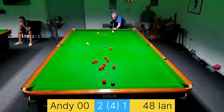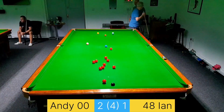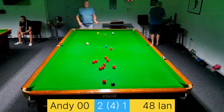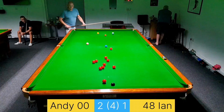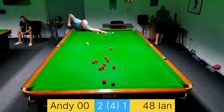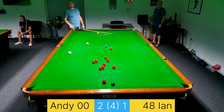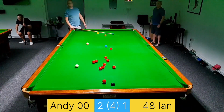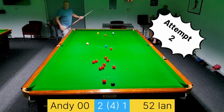Is Ian going to be on anything? Might have had a chance at the yellow, but he's decided to play the roll up behind the green, probably the right option to be fair. And I'm going to try and hit the red that's closest to the black. I don't want to hit anything else because I'll probably leave it on. Not far away, so